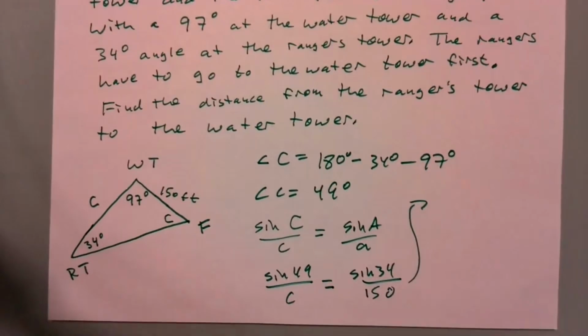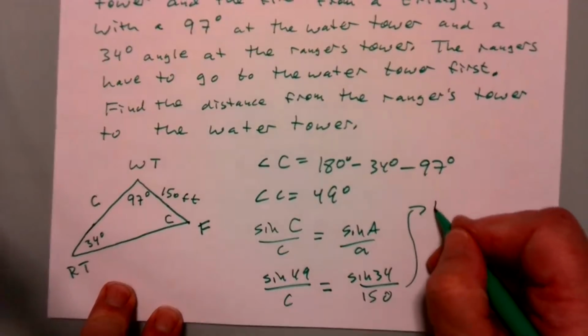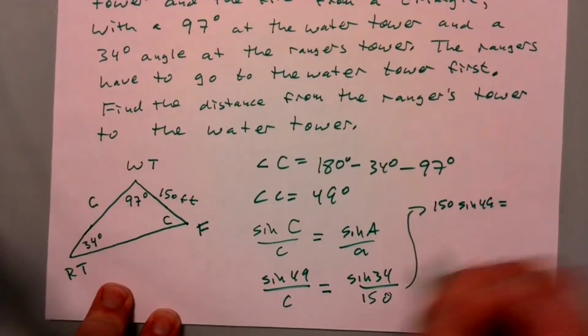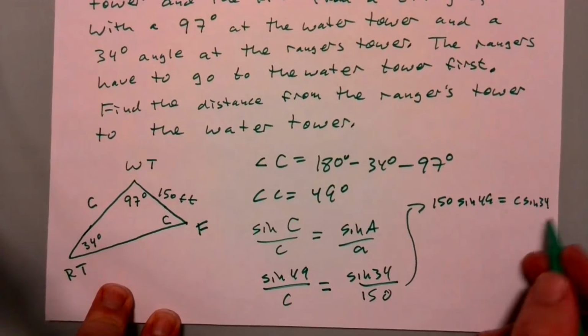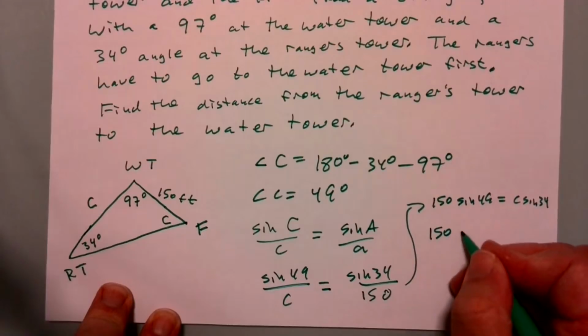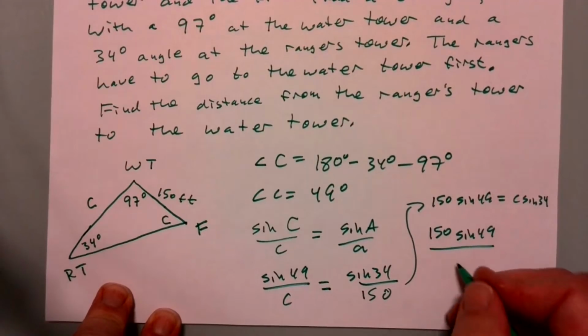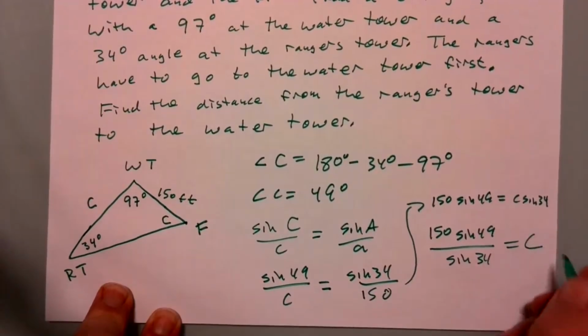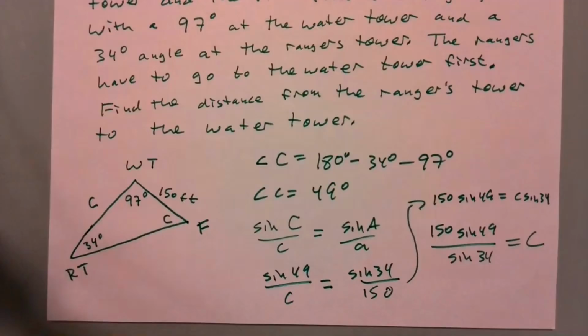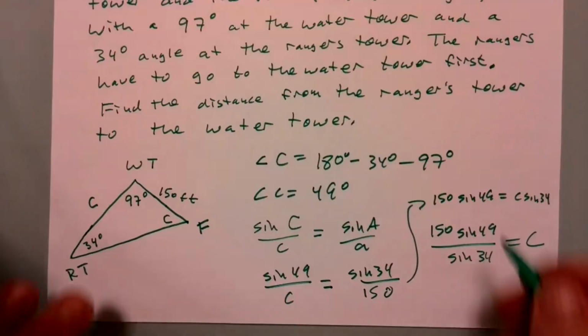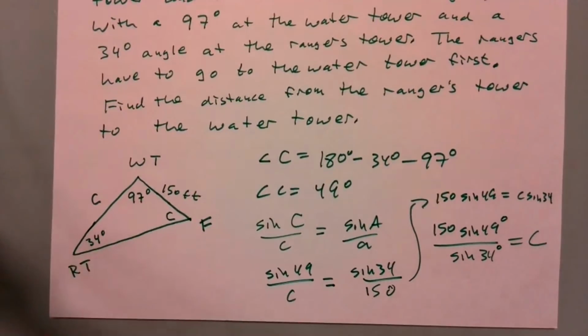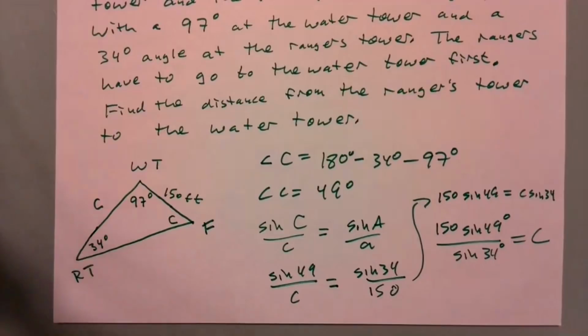So keeping that in mind, multiplying both sides by 150c, I get 150 sine 49 equals c times sine 34. So if that's the case, divide both sides by sine 34. 150 sine 49 over sine 34 equals c. And on our exam, that's the best we can do. We can't go any beyond that because we need a calculator to get approximations for sine 49 and sine 34. So if the exam has a problem like this and asks you for an exact answer, that's about the best you can do. Now, that was the end of the test from fall 17,